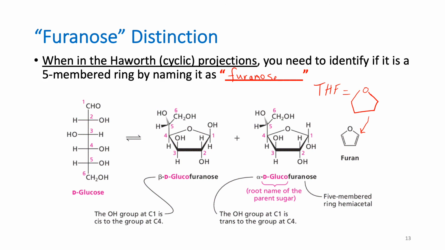Now let's take a look at glucose. If it were to take this hydroxyl group and cyclize, it would form the 5-membered ring. And so what you would call these is furanoses. Notice that this one's called beta-D-glucofuranose, and this is called alpha-D-glucofuranose. And so furanose means a 5-membered ring because this 5-membered ring literally is a furan ring without the unsaturation. So hopefully you can see that with the 5-membered ring bearing an oxygen, it's the same as a furan ring in a way. And so that's why these are called furanoses.